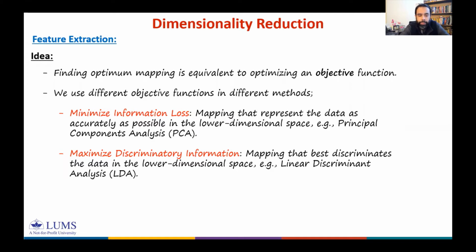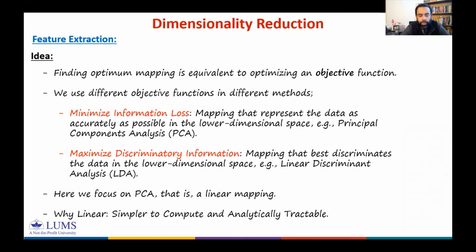Okay, so here we only focus on principal component analysis, which minimizes the information loss, or the approximation error, between the signal representations in the original higher dimensional space and in the lower dimensional space. PCA is a linear mapping, and we love linear mappings because they are simpler to compute,